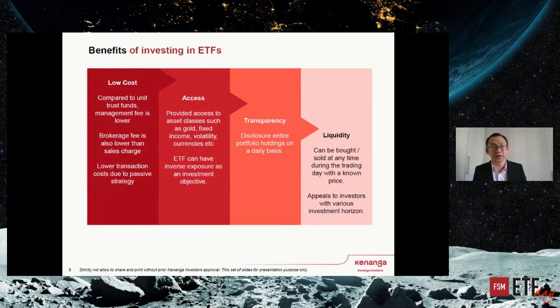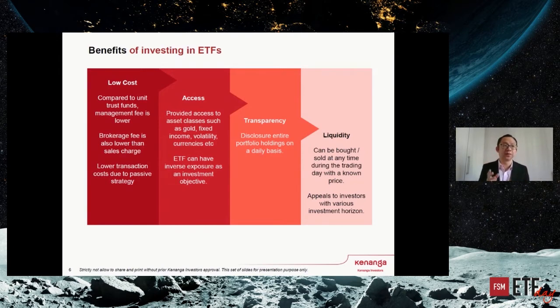Why I say it is transparent is because when you buy into a unit trust fund, basically you are just betting on the capability of the fund manager. You don't know what they actually buy and sell, and what is in your own portfolio. You won't know, right? Because normally they will just disclose the top 5. If you're lucky, you will get the top 10 of your holdings that they publish. But when you buy into an ETF, you can see the whole constituents, what exactly you have in the basket.